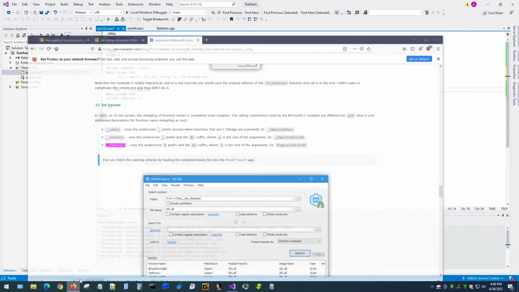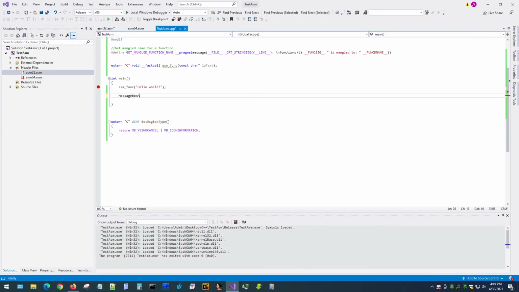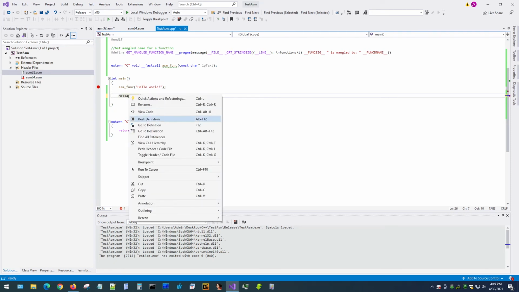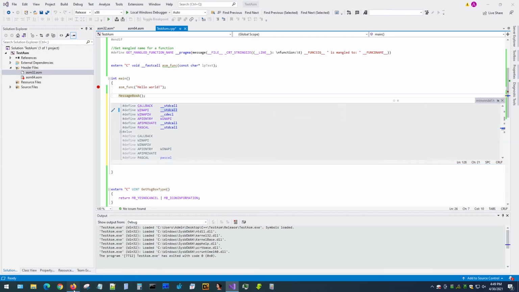Well, the easiest way is if you go here into the C++ file and just do MessageBox, then right click on it and peek definition. We can tell this is WINAPI. Well, WINAPI doesn't tell us much because it's a macro. We have to do another one, peek definition. And we can see that this is stdcall, right? If we go back to my blog here,